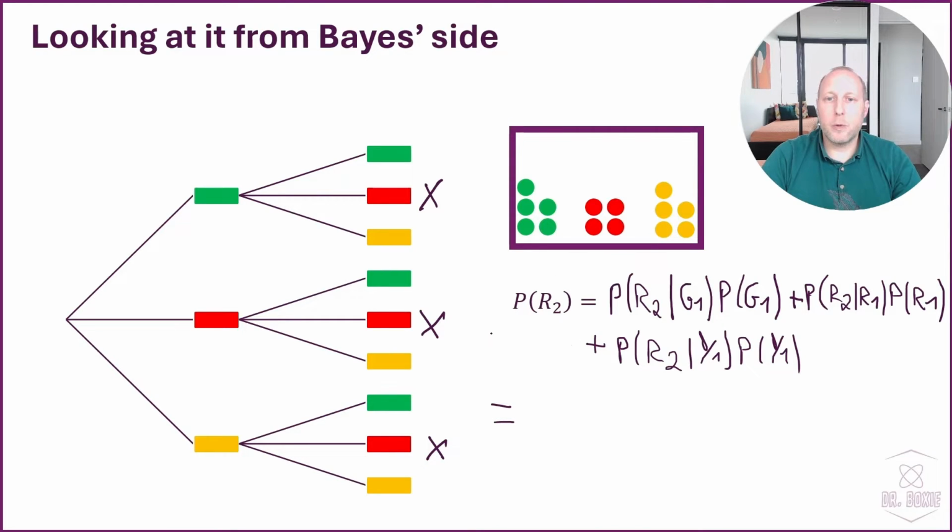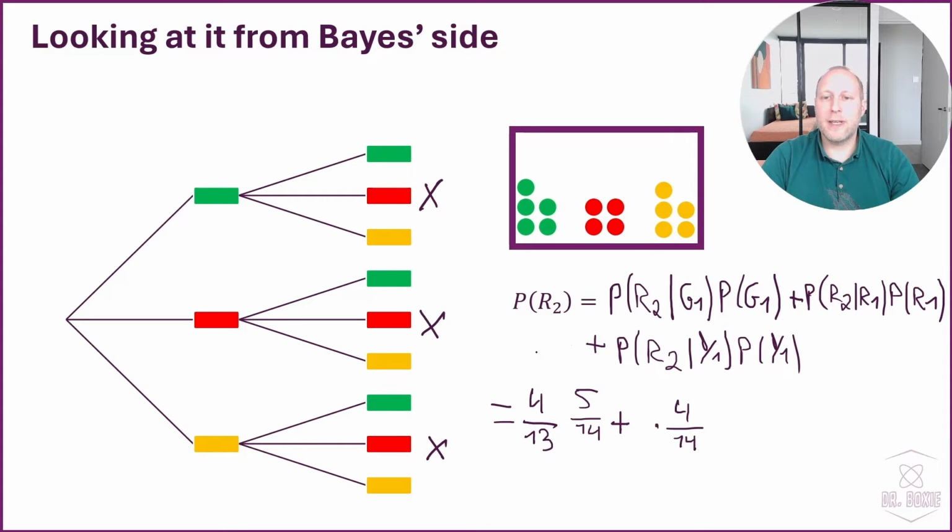So the probability of green on the first is 5 out of 14. And the probability of picking a red one on the second one, given that we picked a green one on the first one, well, we have 13 balls left after the first pick. And out of those, 4 are red. So we have 4/13 times 5/14, plus, similarly, what is the probability of picking a red ball on the first one? Well, that's 4 out of 14,